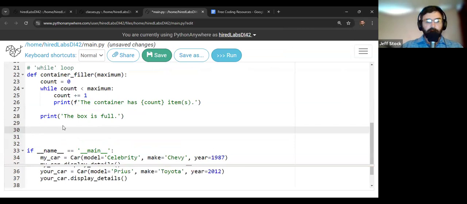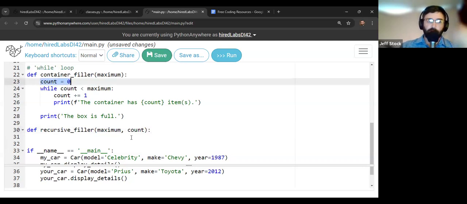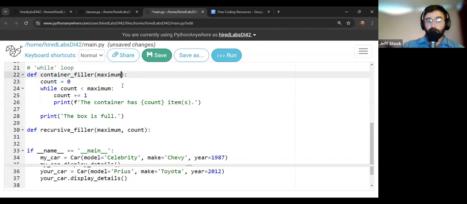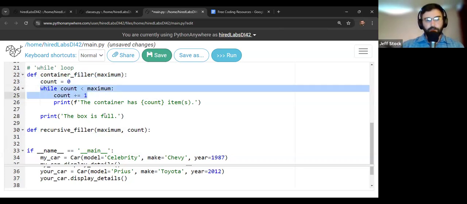All right, so we're going to define a new function. Just to remember that it's a recursive one, we'll call it recursive filler. It's going to take a maximum again, some maximum limit, except this time we're also going to pass it the count. Remember last time when we used the while loop, we set the count when the function started. We could have optionally passed it up here as well, but it works just as well doing it there, because the loop part was done separately and we made a count there. Question?